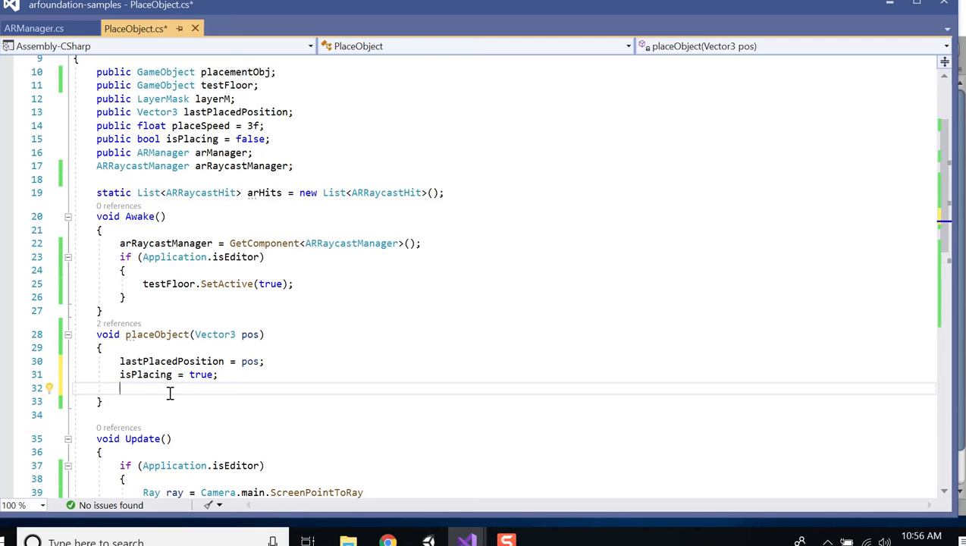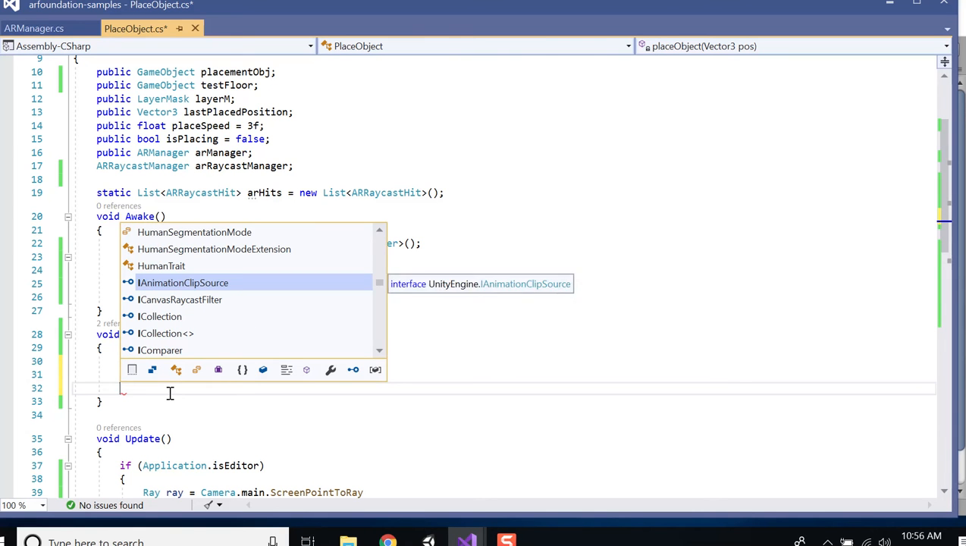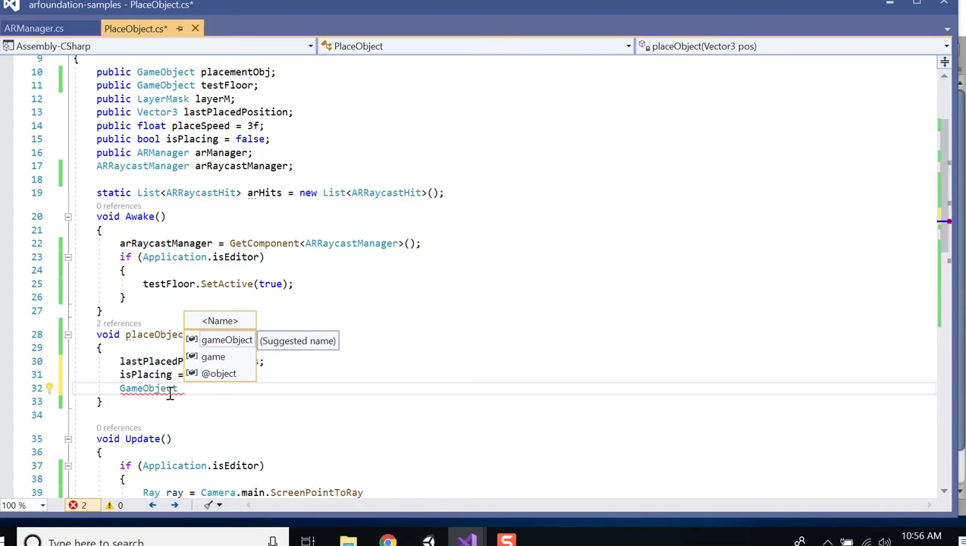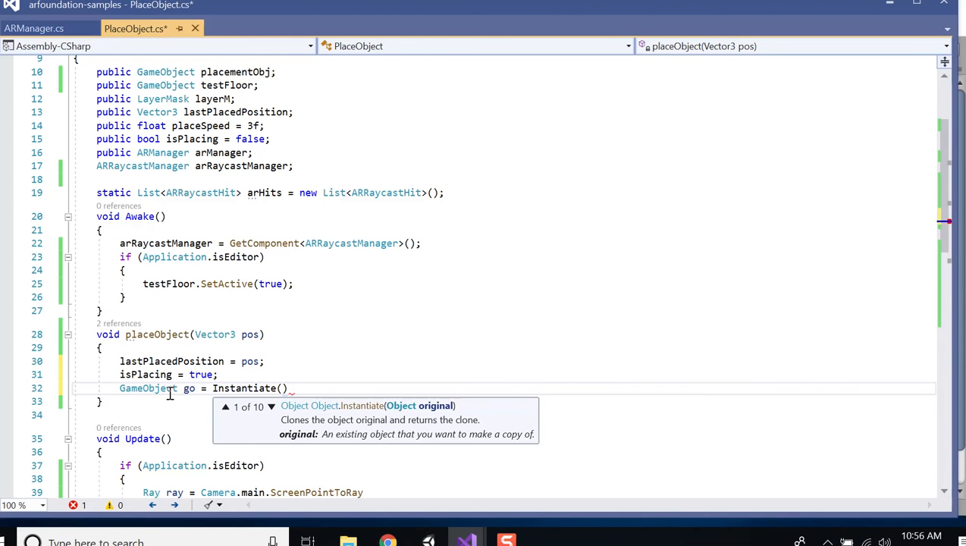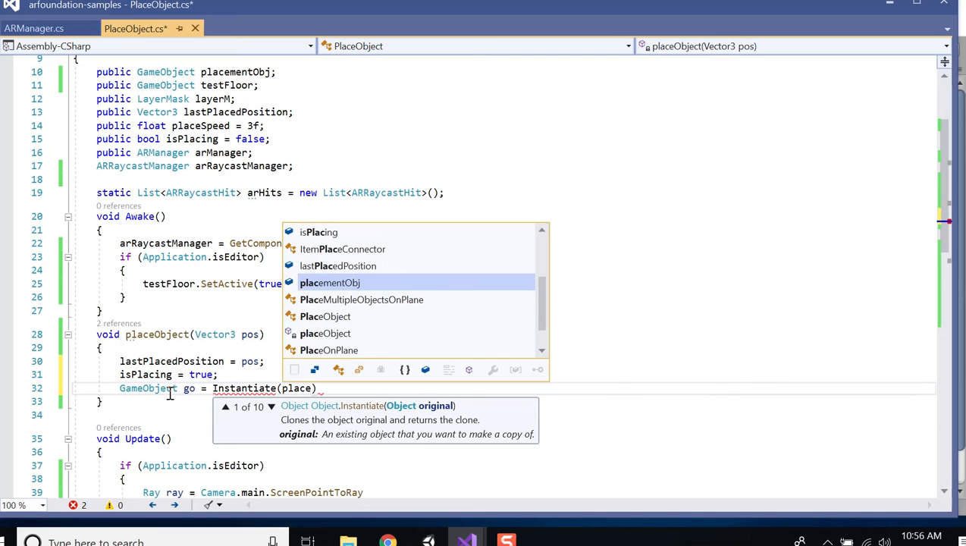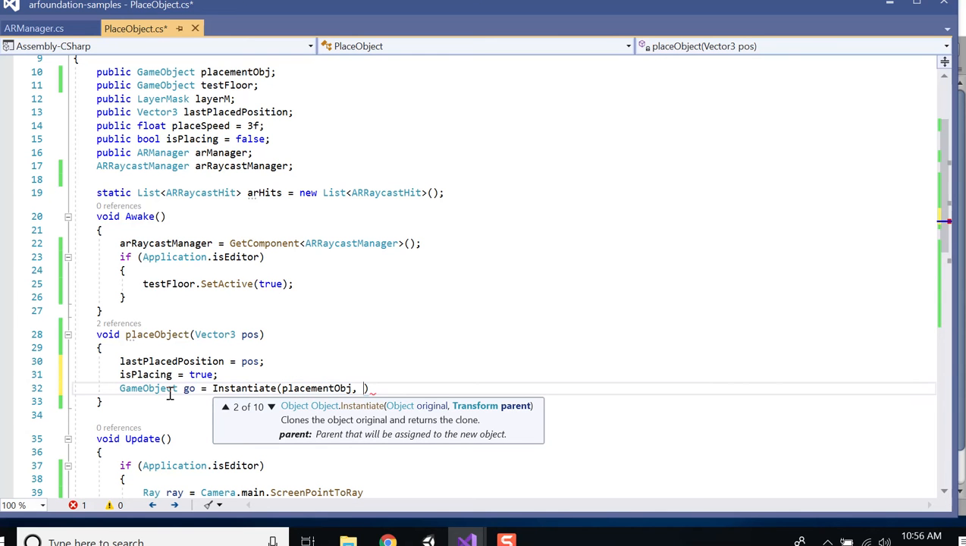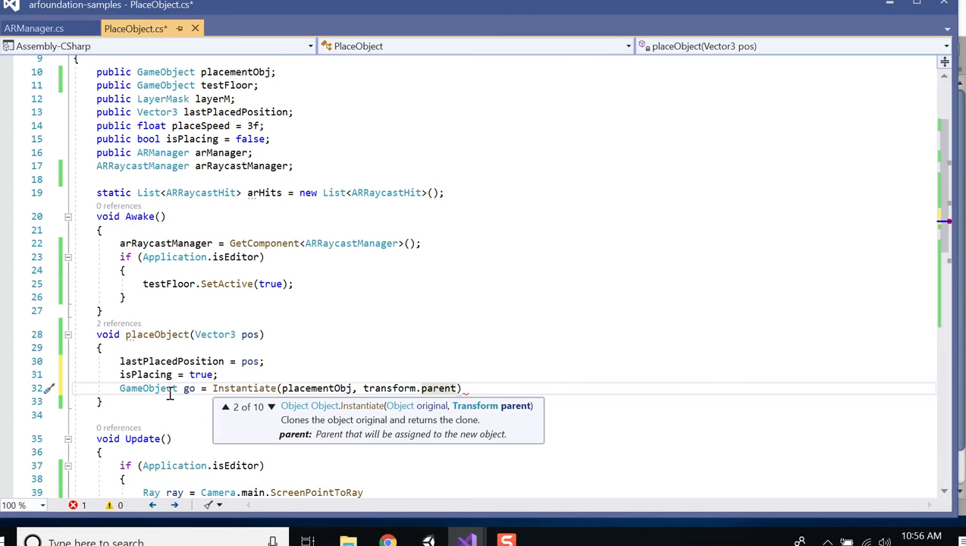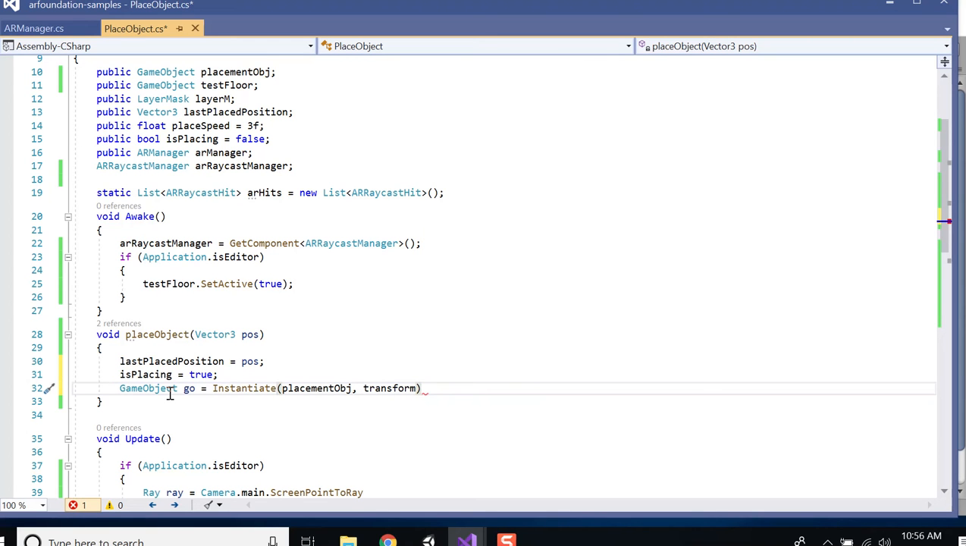let's instantiate it. So let's say game object go equals instantiate placement object transform, or we can just pass it on transform. Instantiate it out of transform. And then